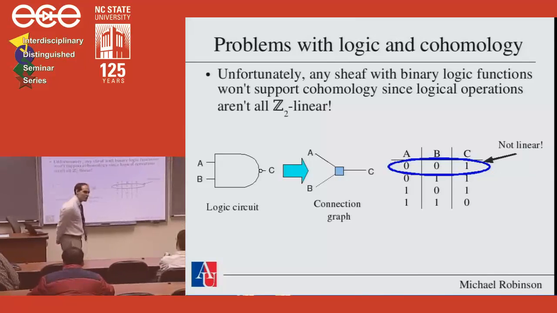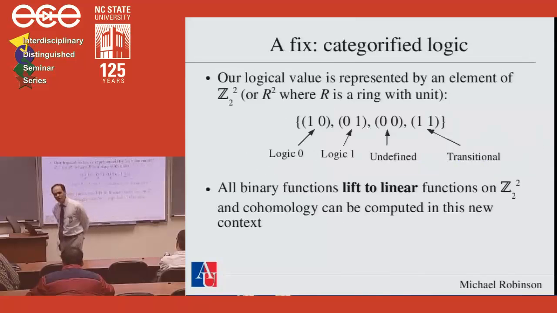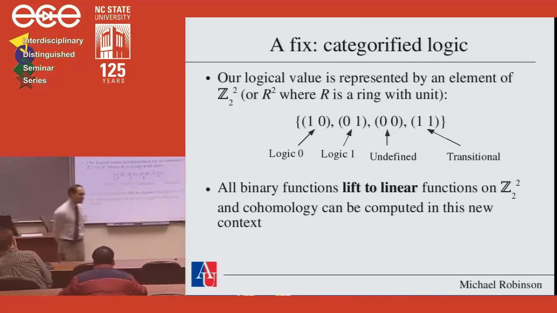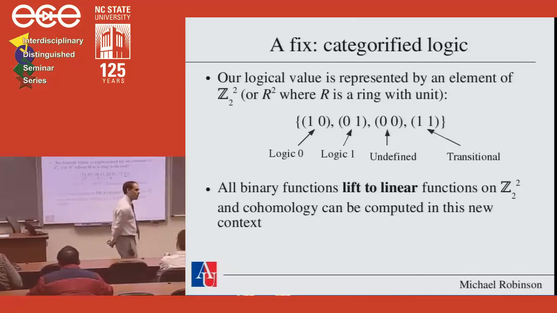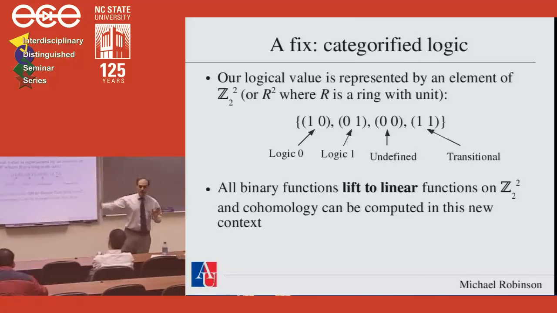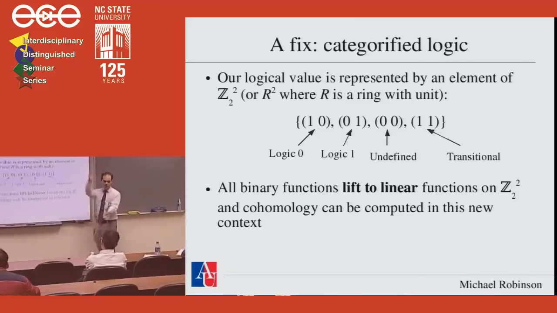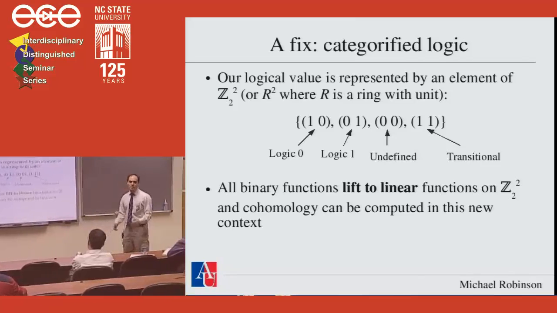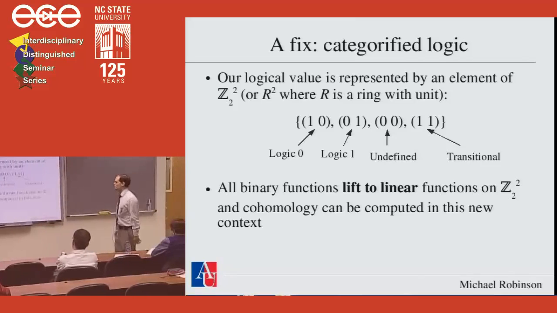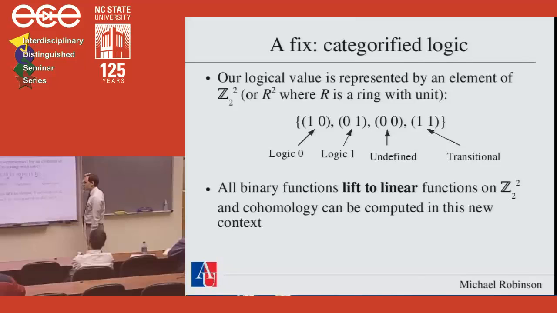And say, well, the way we dealt with square root of -1 was to define it to say, well, it's square root of -1, and we're going to use it. So I'm going to do the same kind of thing here. I'm going to categorify my logic. I'm going to say each one of these various kinds of states, the logic 0 or the logic 1, really I'm going to build up a whole vector space where one basis element is logic 0 and the other basis element is logic 1. I'm going to let myself take linear combinations of logic 0 and logic 1, which has